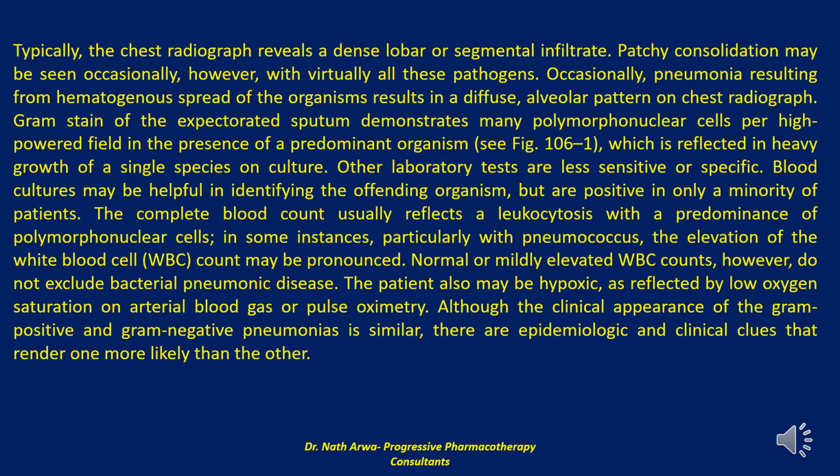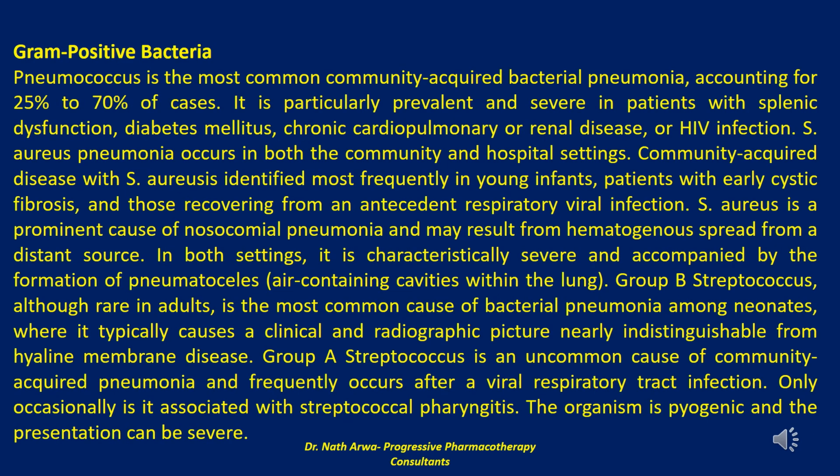Although the clinical appearance of the gram-positive and gram-negative pneumonias is similar, there are epidemiologic and clinical clues that render one more likely than the other. Next we will discuss gram-positive bacteria. Pneumococcus is the most common community-acquired bacterial pneumonia, accounting for 25% to 70% of cases. It is particularly prevalent and severe in patients with splenic dysfunction, diabetes mellitus, chronic cardiopulmonary or renal disease, or HIV